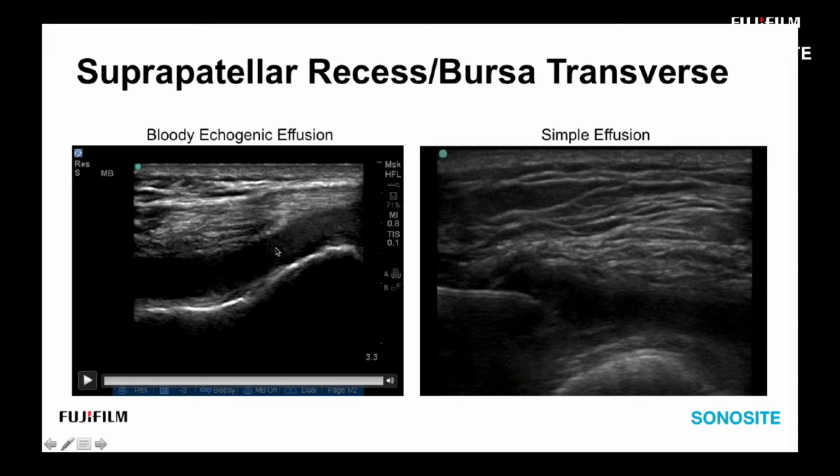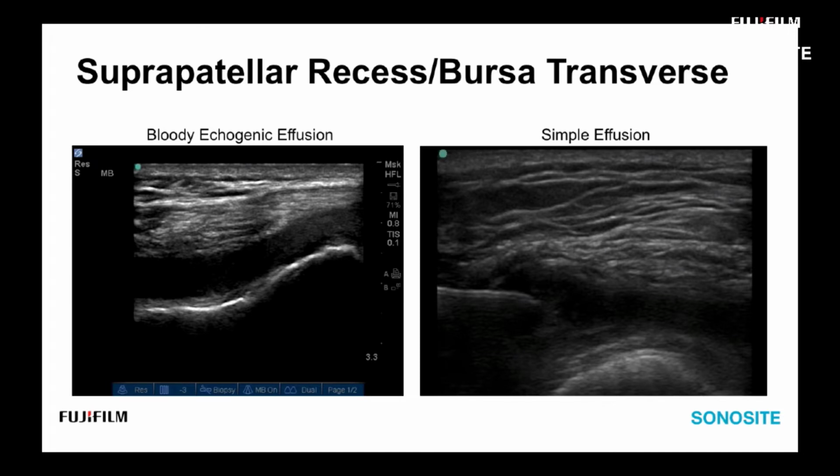If we were to let that rest for quite a bit, you would see a linear line right across the joint line, wherever gravity would have that settle. But as of right now, fresh, probably 20-30 minutes after the injury, you put the transducer down and we can still see that blood all throughout the articular